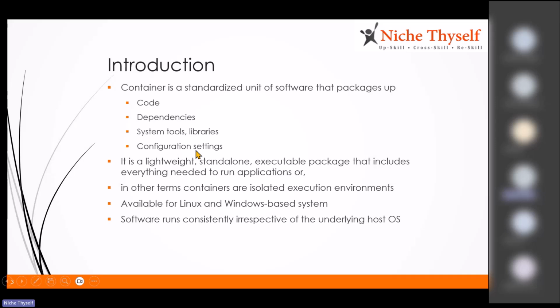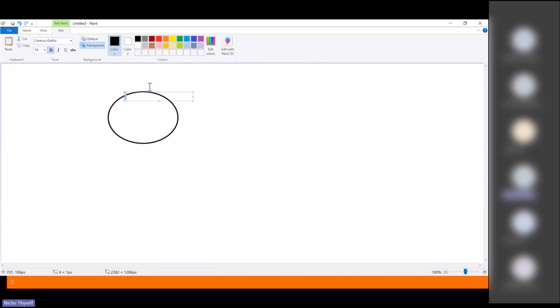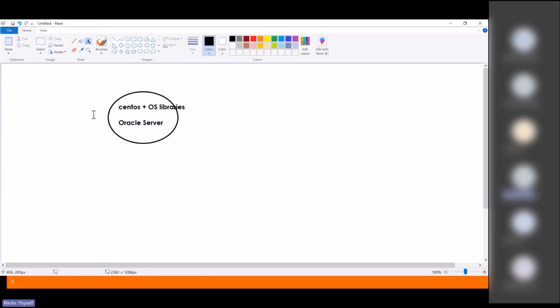So there are two things in that container in that case. The first thing, that container will be supporting CentOS plus whatever basic operating system libraries are required, right? We saw the ls command and all those things. So whatever basic support is required is there. And it has all the necessary things pre-installed as part of the Oracle server. So when I start that container, there are two things here. Okay. So the first thing,